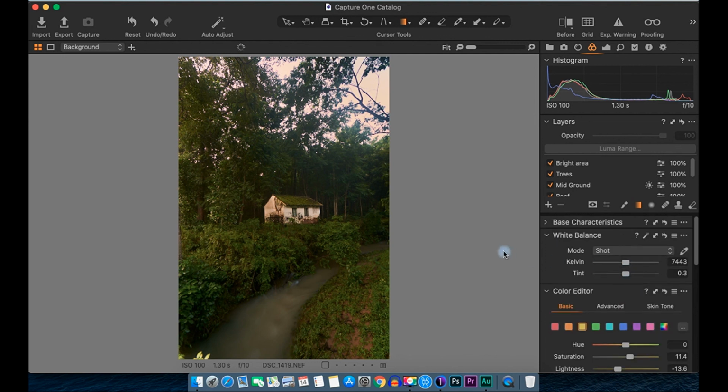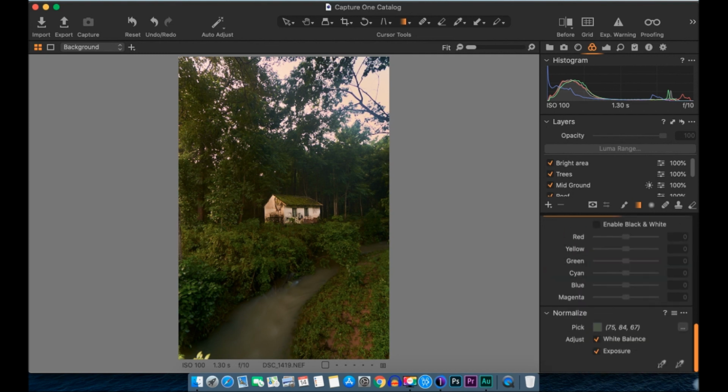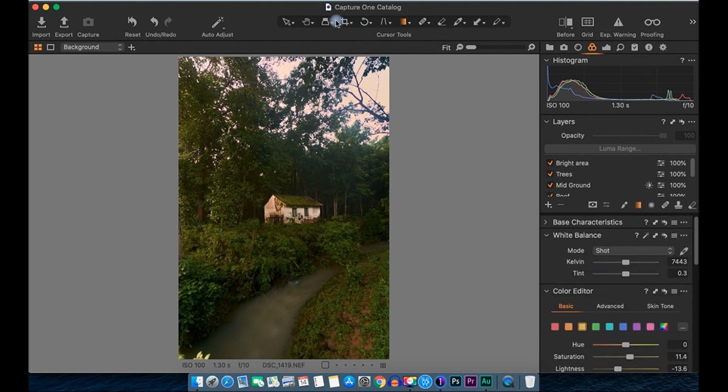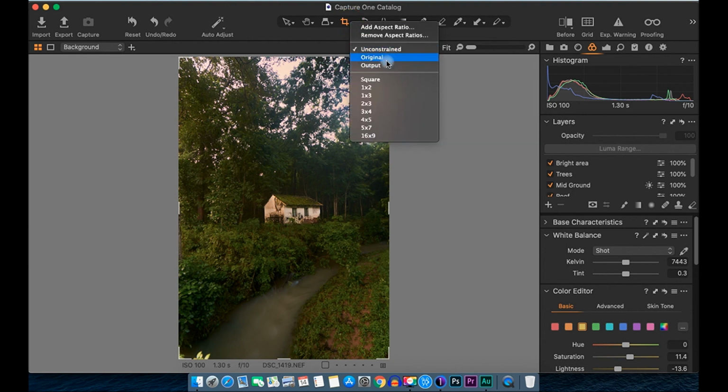I think that's it, pretty much done. Let's go to crop tool and we'll make crop as unconstrained, and we'll just remove this distraction a bit.